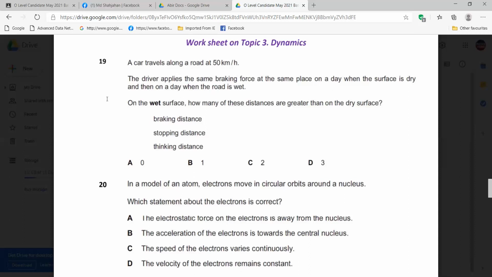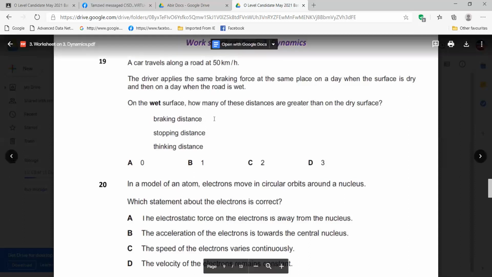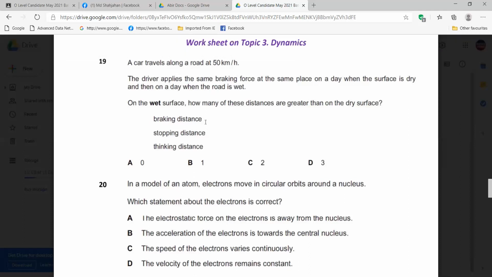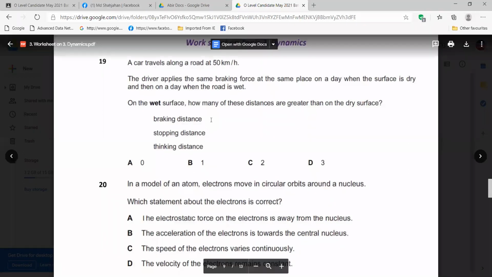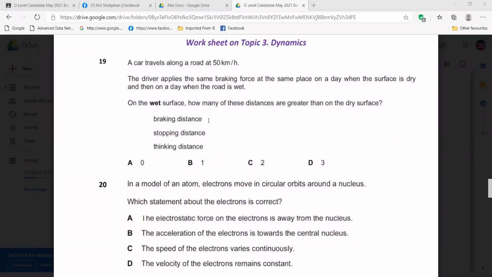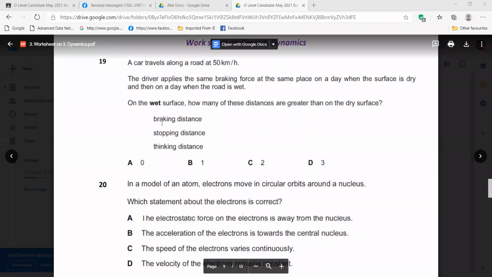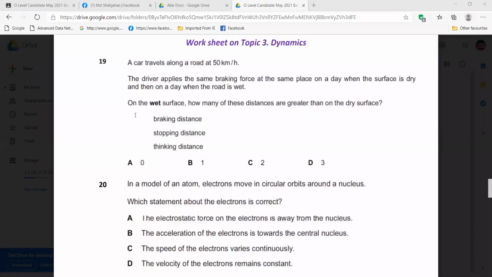It's linked with the braking distance, because the wet surface will become slippery, and that's why the braking distance will increase. It will take more time to brake, right? Yes. And there will be change in braking distance. As we know, stopping distance is the